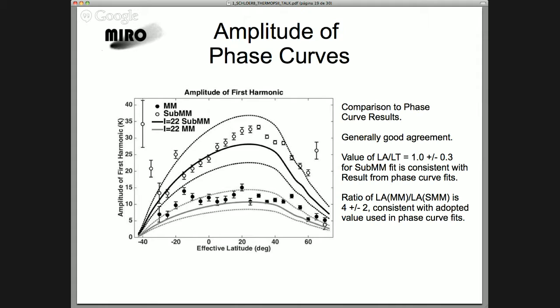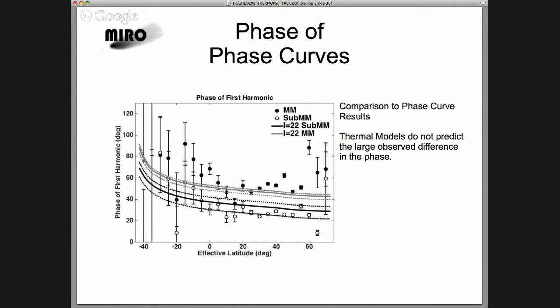If you look at the phases of the thermal model, these are the predicted phases, and you can see that the difference in the observed phases of the phase curves is quite a bit different than the difference in the phases from the thermal models. And again, I think this may have something to do with vertical structure within the upper centimeters of the surface. Okay, so